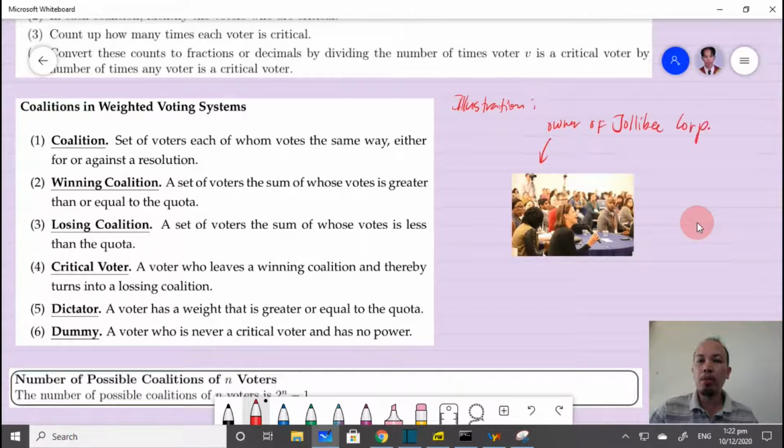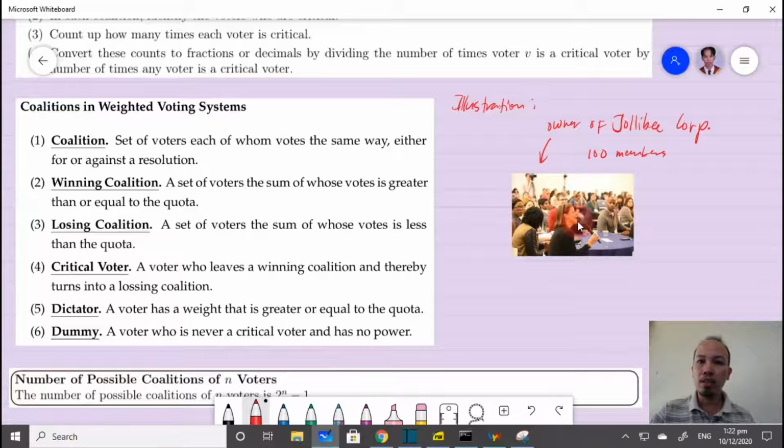For example, suppose there are 100 members, and these 100 members